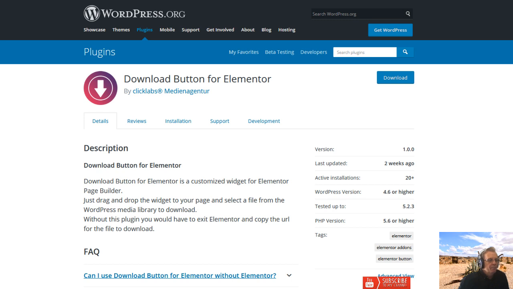Instead of having just that plain download link when you offer files for download, this is a fancified button that you can change the colors, the layout, customize it up to make it stand out on your page more than a regular download link does. Really simple plugin. Install it, activate it, go find it in your elements for Elementor. Add it to your page, customize it up, add the link to your download item. You can set it up to download any file you want.